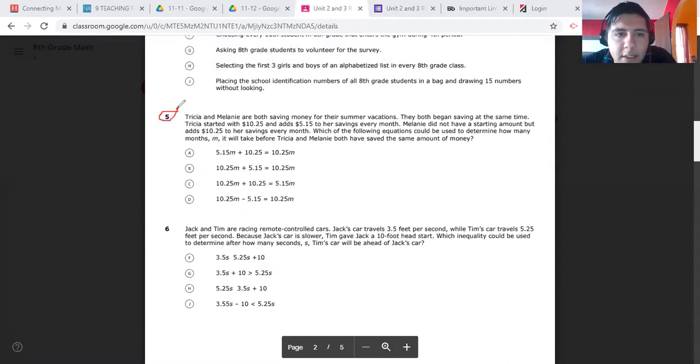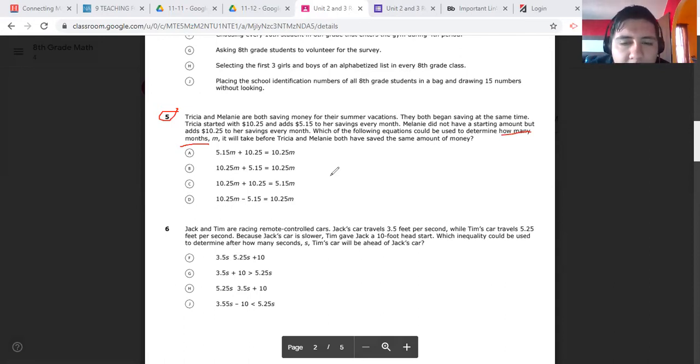It says, Tricia and Melanie are both saving money for their summer vacations. They both began saving at the same time. Tricia started with $10.25 and adds $5.15 to her savings every month. Melanie did not have a starting amount, but adds $10.25 to her savings every month. Which of the following equations could be used to determine how many months M it will take before Tricia and Melanie both have the same amount of money? Okay. So